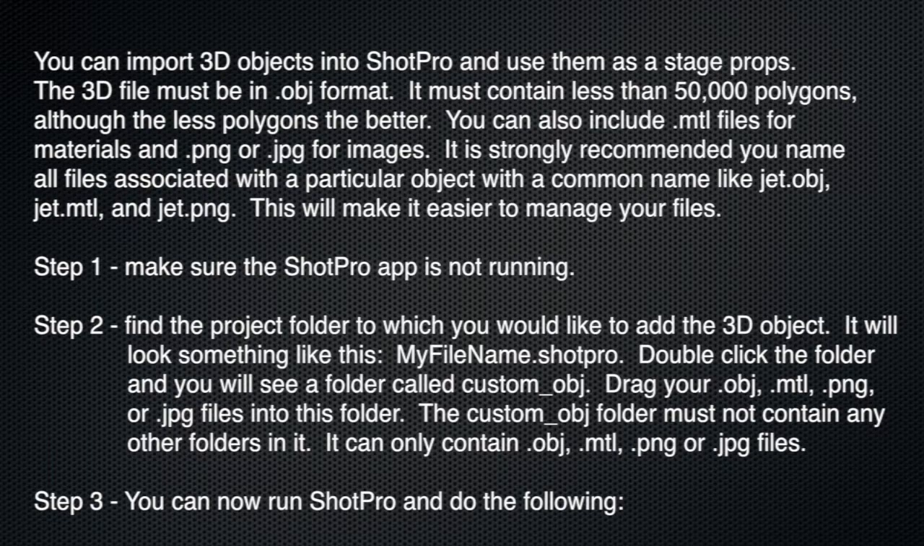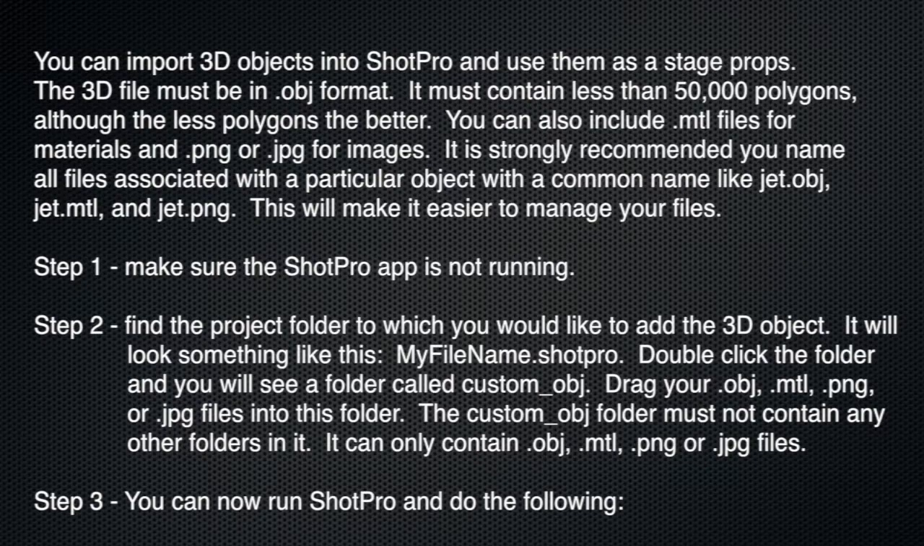It is strongly recommended you name all files associated with a particular object with a common name like jet.obj, jet.mtl, and jet.png. This will make it easier to manage your files. So once you have your OBJ files ready, make sure the ShotPro app is not running. Find the project folder to which you would like to add the 3D object. It will look something like this: